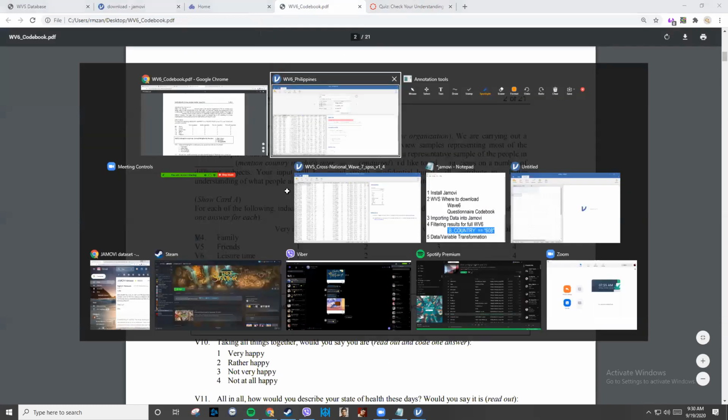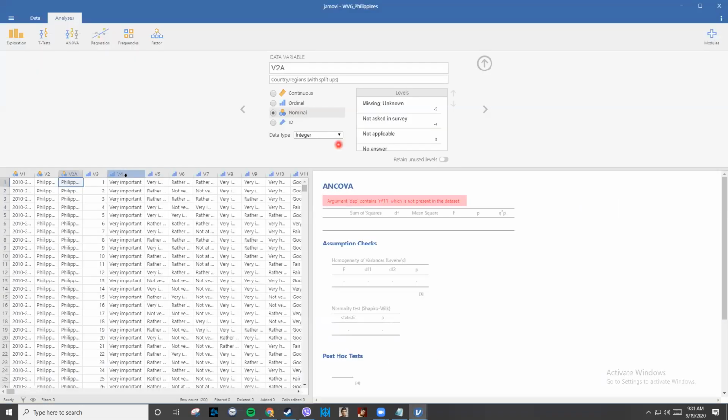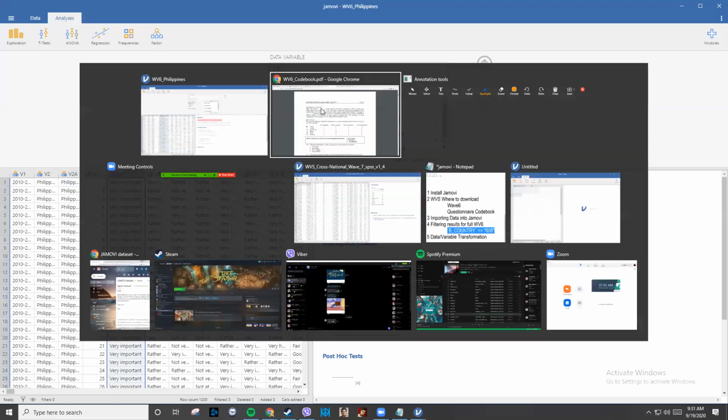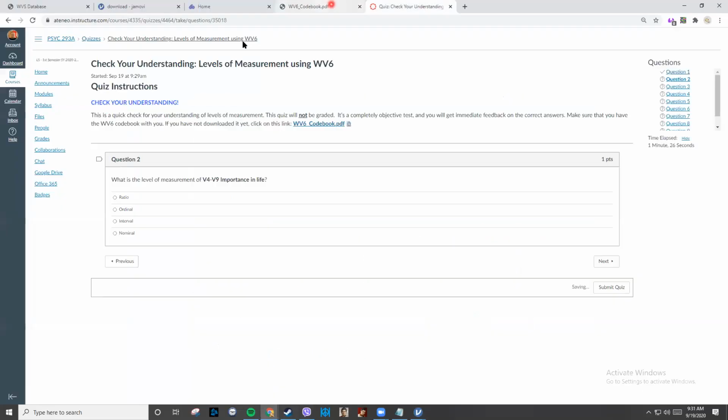So we can also double check if we go on to Jamovi and see that it was coded as ordinal, and that's probably our answer. Okay, thank you, Carlos. So Likert are ordinal but should be treated as interval. So I will change our answer. Thank you.